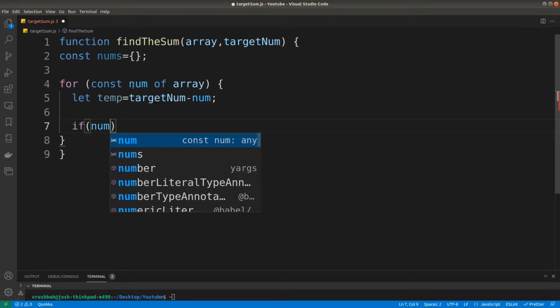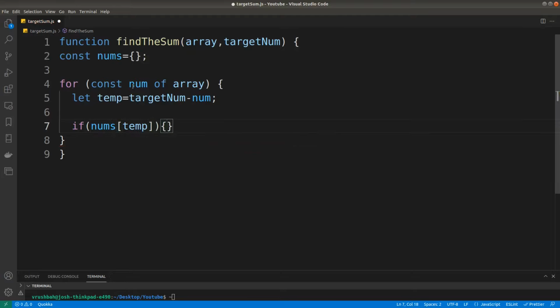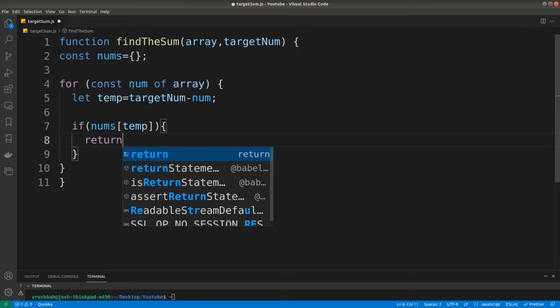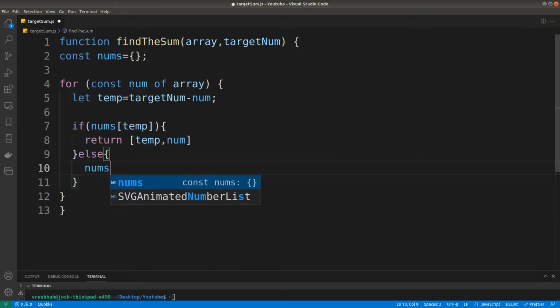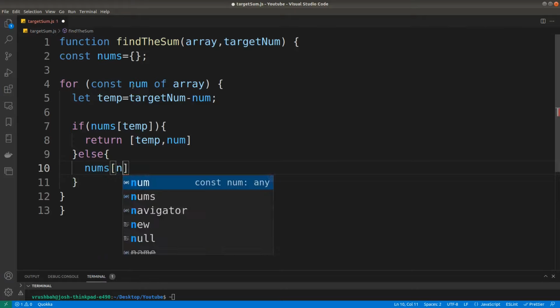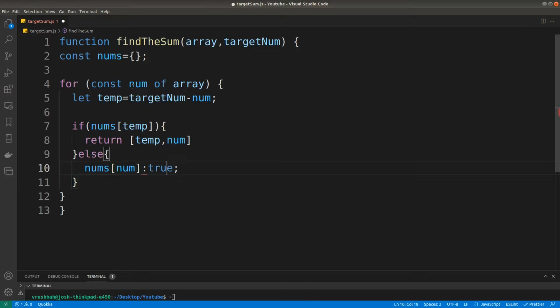So nums of temp, if it is there, we'll return the solution, that is temp and the num itself. And if it is not there, we'll just update the nums. So nums of num equal to true.